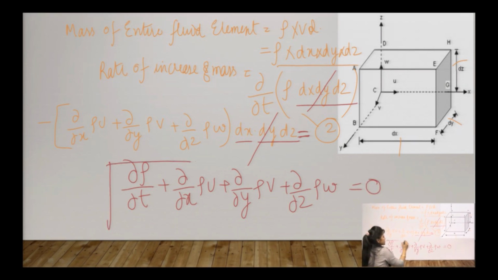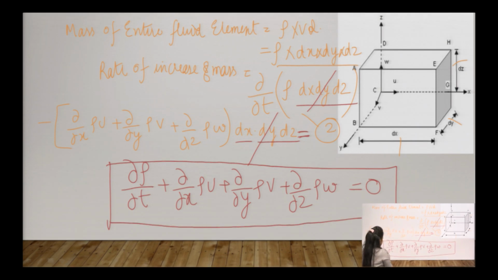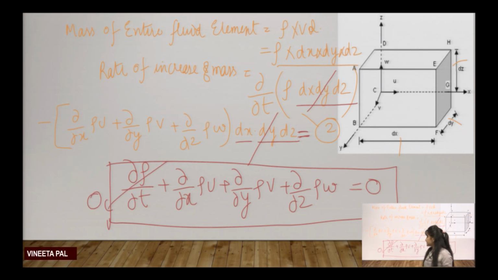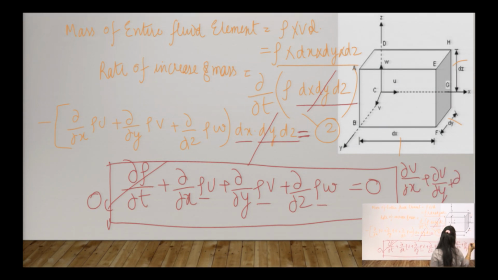This is the most common equation which you are getting for the continuity equation in 3D. And then you can say if the flow is steady, this component will be 0, and if it is mentioned that the fluid is incompressible, then this value will be taken as 0, leaving the generalized equation as change in velocity in x direction plus change in velocity in y direction plus change in velocity in z direction will always be 0 for incompressible and steady flow.